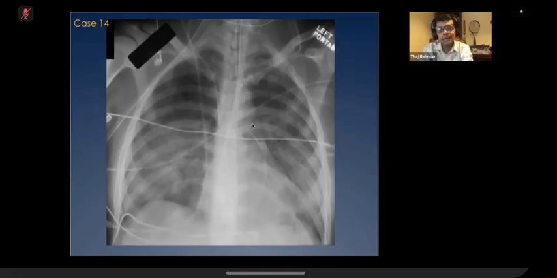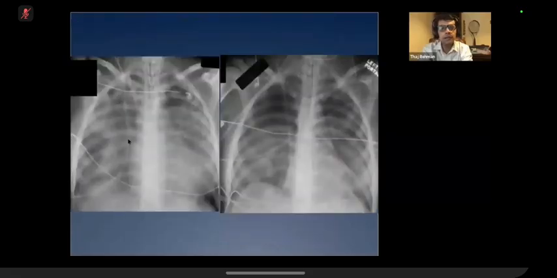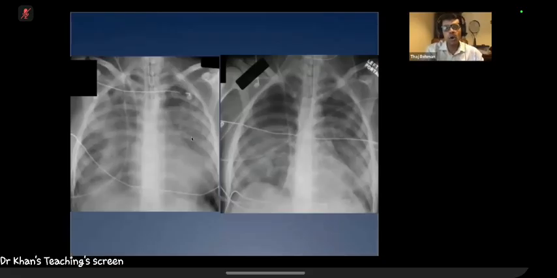Now I'll show you the next X-ray, which is the same patient 2 weeks earlier. So there is quite a lot of consolidation in this radiograph, but no air crescent. And then the consolidation is resolving, and at that time the air crescent sign develops. So do you get it? Air crescent can happen in chronic fungal ball in a cavity. It can also happen in the resolving phase of invasive pulmonary aspergillosis in